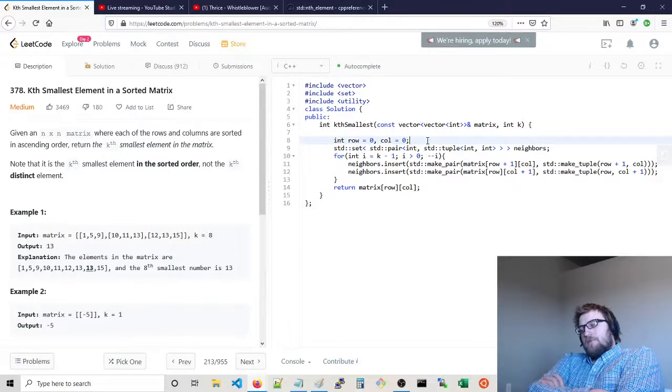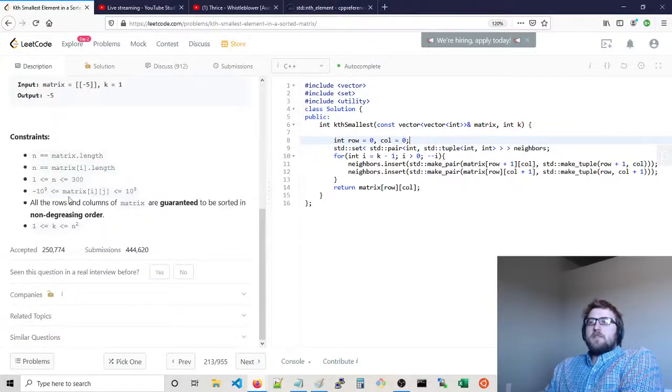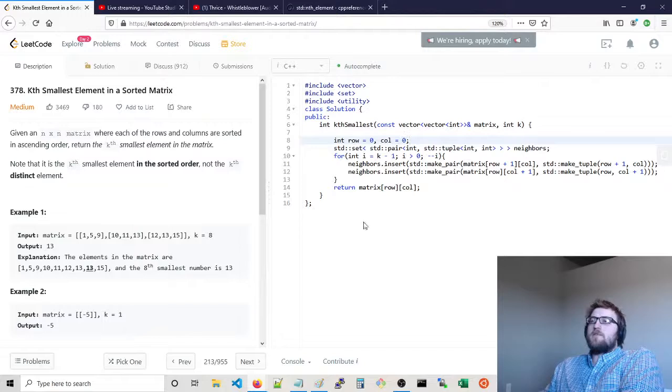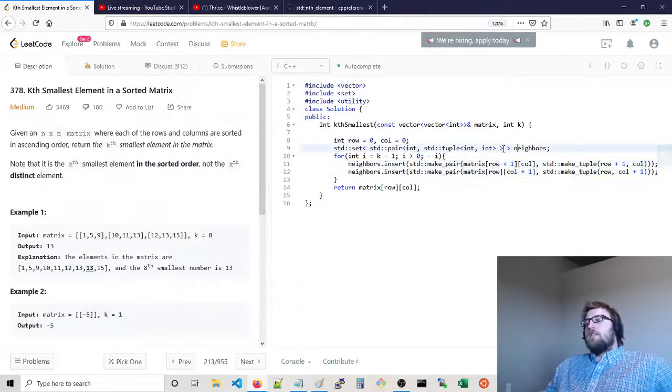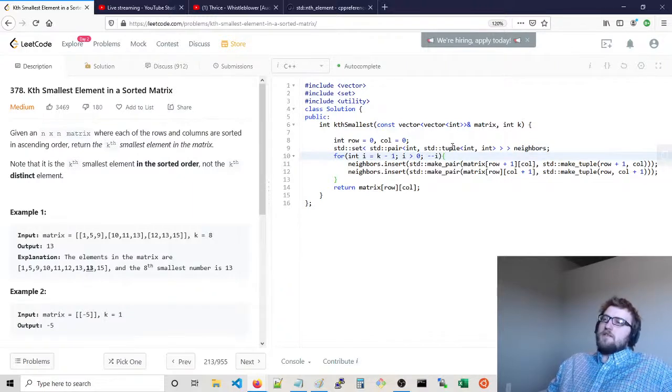Okay. If k is 1, k is non-zero too, right? Yeah, okay. If k is 1, we just want to pass right through and return this. That's what I'm trying to say. So if k is 1, we subtract 1. If k is 2, then we want to call this loop, and we don't even want to put neighbors in there if k is 1. It doesn't really matter if we do that or not, though. And the deal with the neighbors is we kind of want